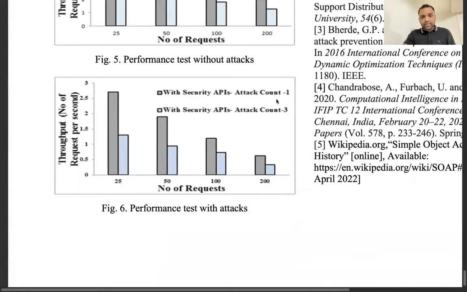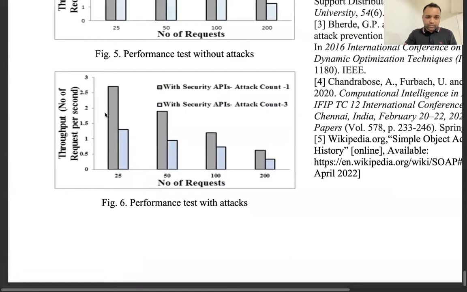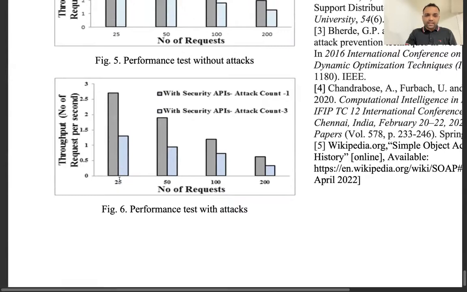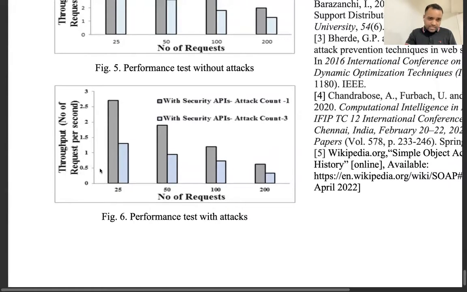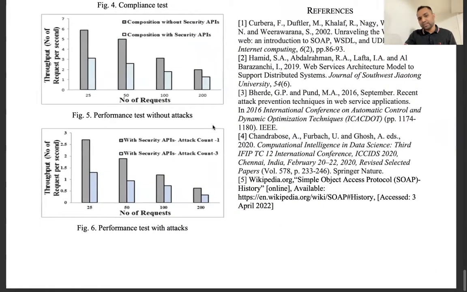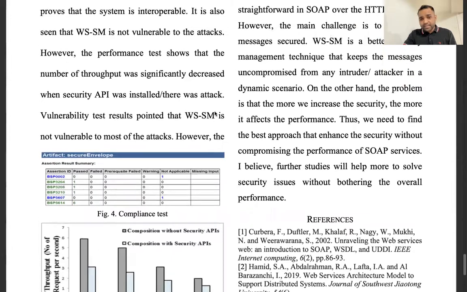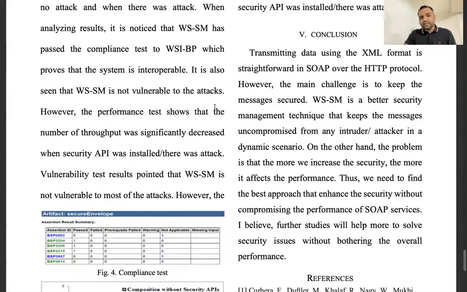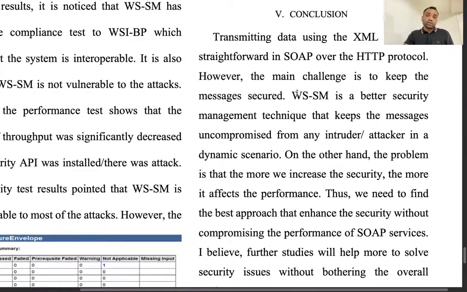After that, with security APIs, when an attack was in place, we see that the performance was significantly decreased. For 25 messages sent per second, the throughput was just above 2.5 without security installed, and with security installed, the throughput was just above 1. So we can see that the performance actually degrades significantly when there is any security module installed in the SOAP message system. So to conclude,